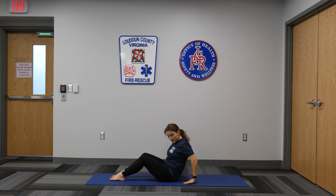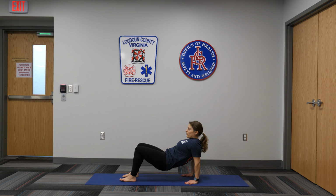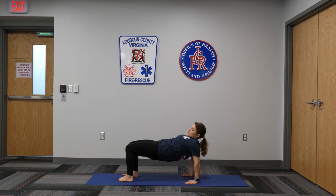Bringing our hands behind us, fingertips pointed forwards, just underneath of our shoulders here. We're going to walk our feet to about hip distance wide. And as we inhale, we're going to press our hips up towards the sky. So feet should be underneath knees. Arms are nice and straight as we're pressing through those shoulders, lifting the butt up to the sky to find a nice tabletop position. Should be really a straight line from the top of your head, or your forehead rather,